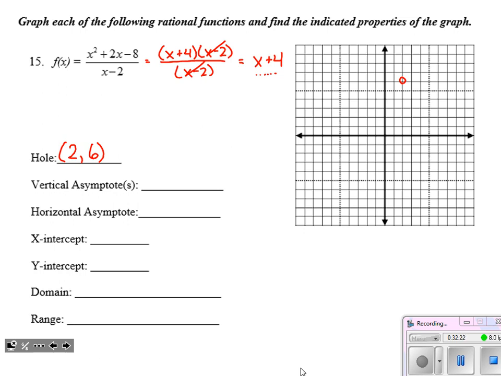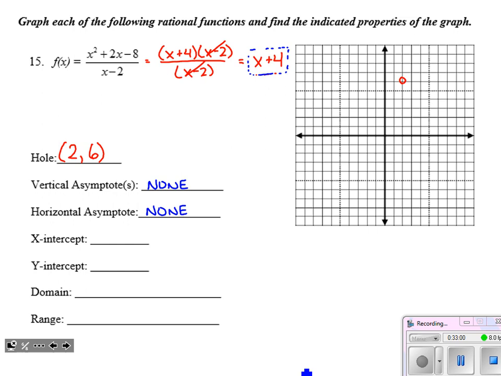Okay, next we have our 3 zeros. So looking at the vertical asymptotes, that happens when the denominator equals 0. And again, we've already simplified it. What would make the denominator 0? Nothing. There's no denominator. So there is no vertical asymptote. The horizontal asymptote, we're looking at the big X test there. What happens when X is huge? Well, the numerator takes over. And if we look at the original function, we can see the numerator had a higher degree. So the numerator takes over. That is indicative of a graph with no horizontal asymptote either.